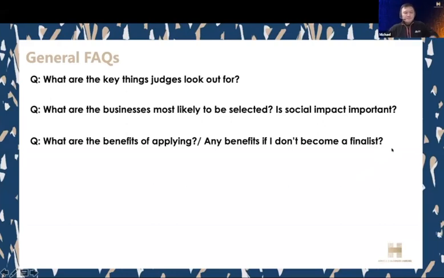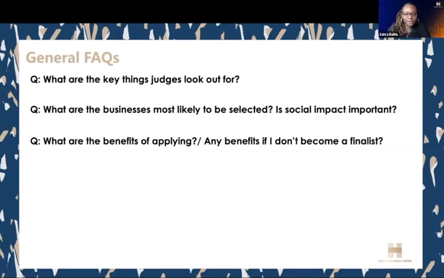Great. Thank you. So just to really emphasize, you will get feedback. Regardless of whether you become a finalist, you will be given feedback that hopefully will help you think through your business and how to improve. And as Michael shared, the application form itself is designed to help you think through and structure some of your business materials so that when you are pitching to other investors, that can be helpful for you. You can download the application after the deadline. Someone asked about that, and so you will have all that material.